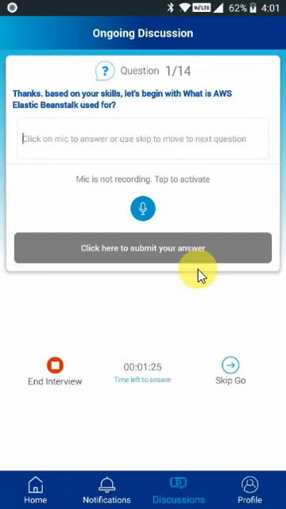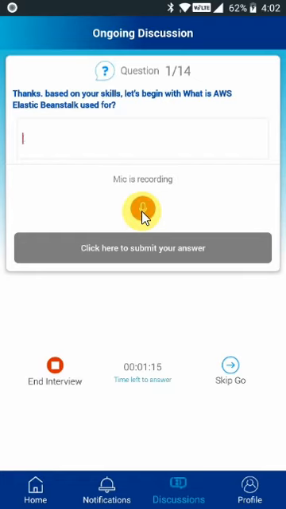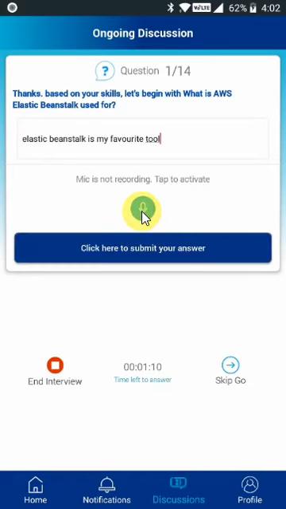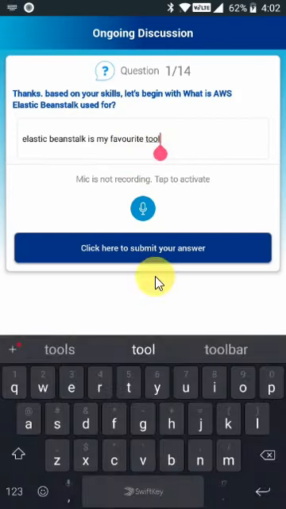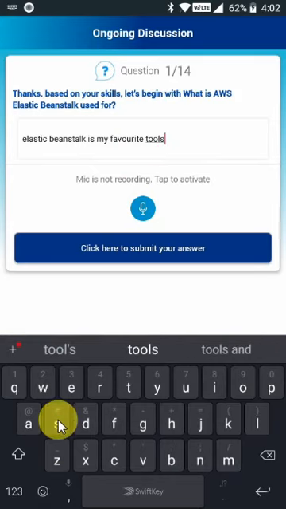So as you saw, you can keep answering for these things. I'll also show you an option how you can edit. Elastic Beanstalk is my favorite tool. Right, so at any point in time, if you want to edit this, you can click on this and you will get a keyboard, and you can say tools. Let's say you want to add it. You go back here